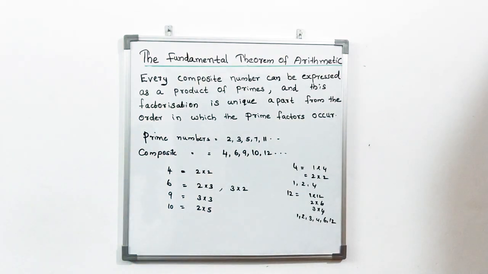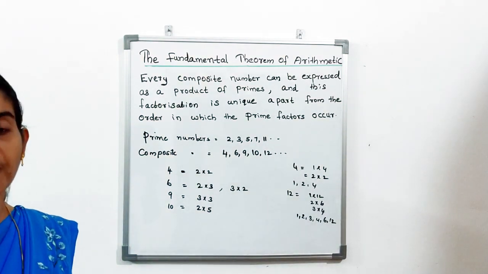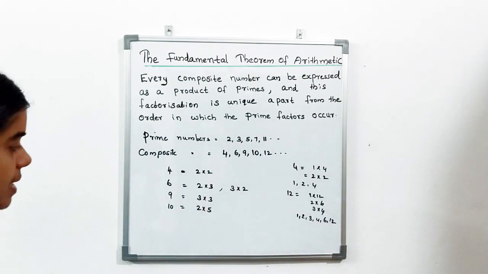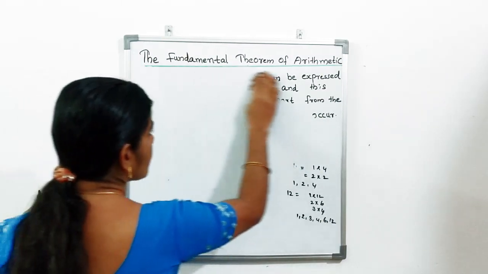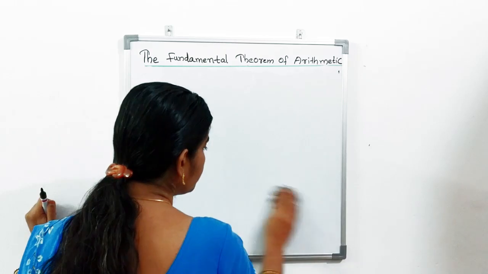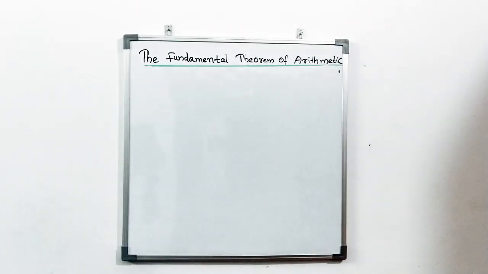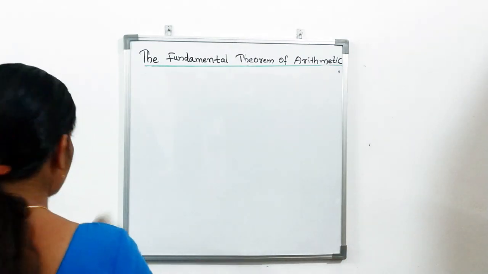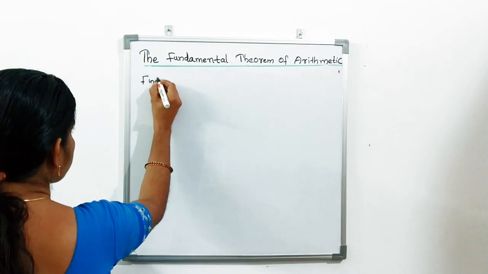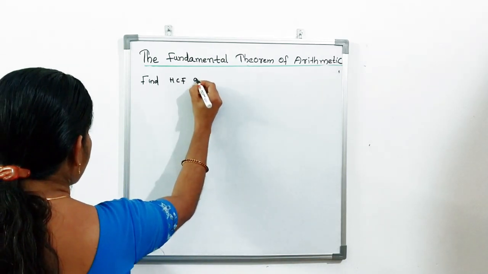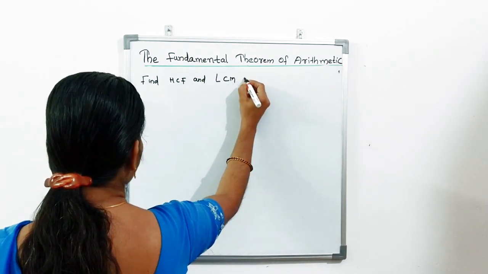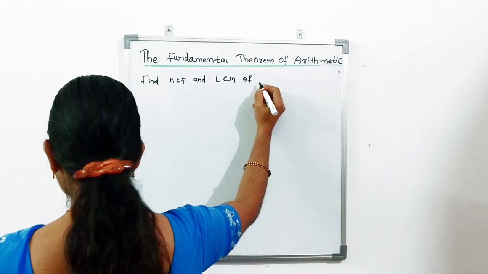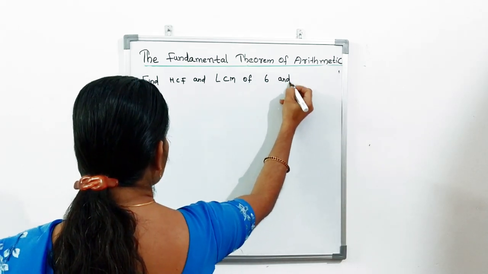Then we use this fundamental theorem of arithmetic for finding the HCF of two numbers. That we already studied in lower classes. We can just revise. Find the HCF of... I am writing one question. Find the HCF and LCM of 6 and 20 by